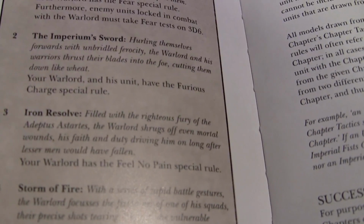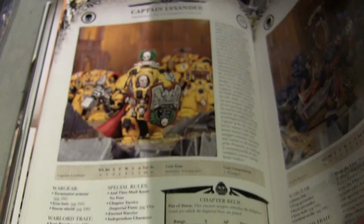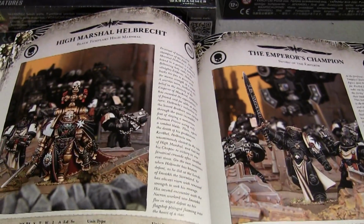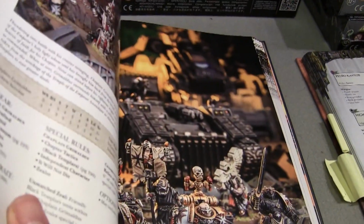All right, number 3. There we go. Wow, the Warlord has Feel No Pain now. So you basically made the most durable captain in the game now have Feel No Pain. There you go. Fire Marshal Hilbert. About the same. You know, we're not going to go point for point, but more or less, let's get on to some of the